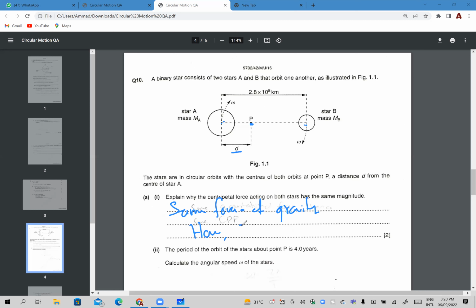Hence, same centripetal force. The period of the orbit of the stars about point P is 4 years. Calculate the angular speed omega for the stars. तो आपको period of orbit मिल गया, यानी time period, that is 4. Omega का formula था